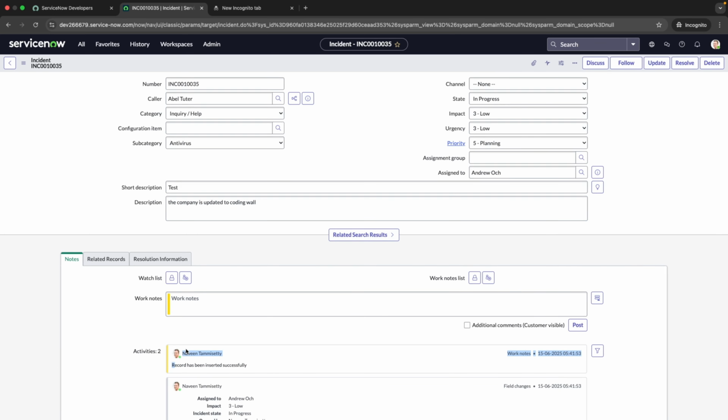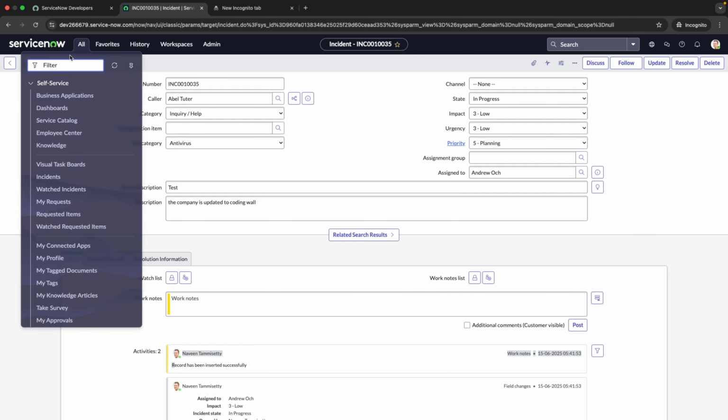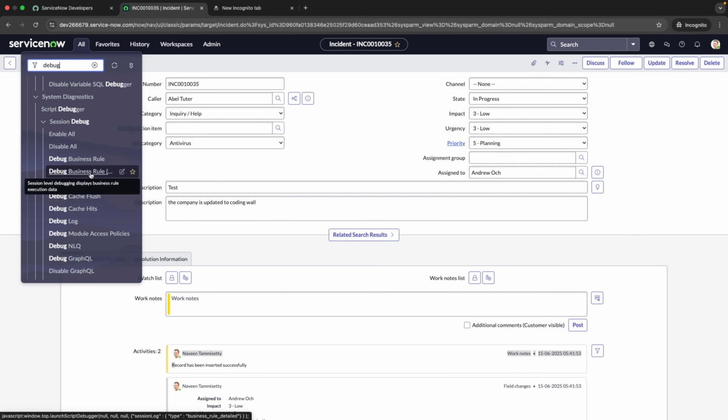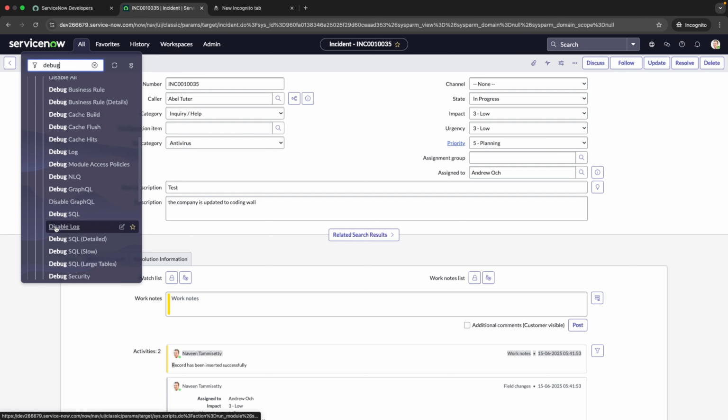To find out these kinds of things, we generally use the debug module that we have available in ServiceNow. Not only business rule, we have a couple of other options to find which scripts are running. If I search debug, we are going to use this debug business rule option, but we have other things as well. If you see, debug log, debug SQL, GraphQL,